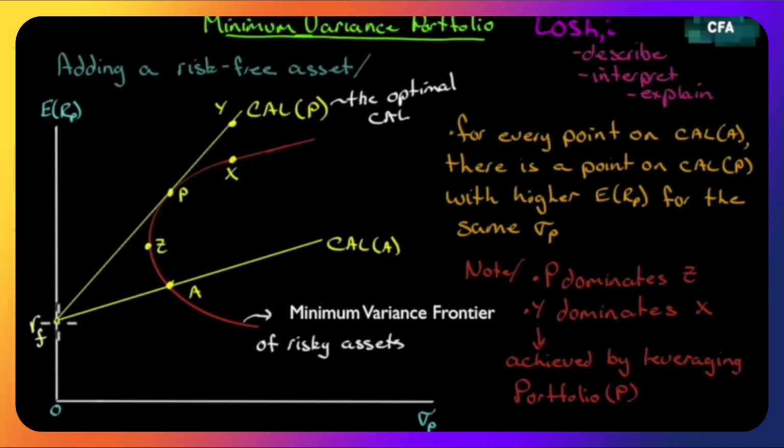Now, if we want to have a combination of portfolios, a risky portfolio and the risk-free asset, we can simply draw a straight line to it. Okay, so there's our risk-free rate. We can make a combination of portfolio A with the risk-free. We could do the same thing with Z, the same thing with P, the same thing with X. Every point along this curve, we could draw a line through it. So how do we know which one we want to choose?